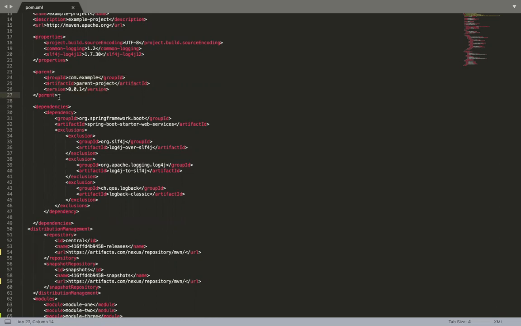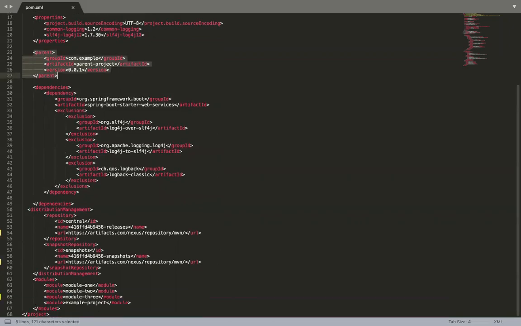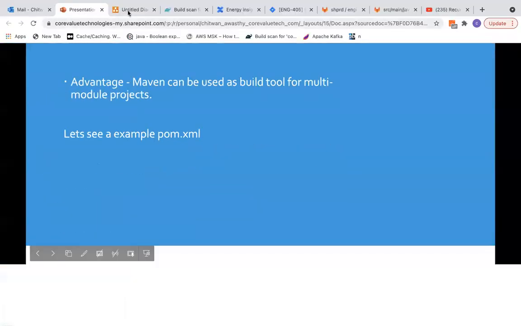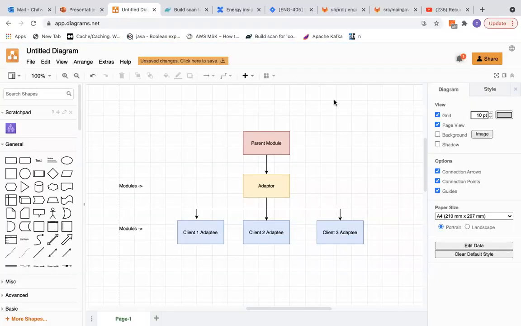Now let's see how a multi-module project is defined while using Maven. In that, you define a parent and your child modules. How do we define that? For understanding that, I think we can have an example here. Let's say you have one parent module and you have an adapter, but client-wise you want to have a different implementation for your adapter.